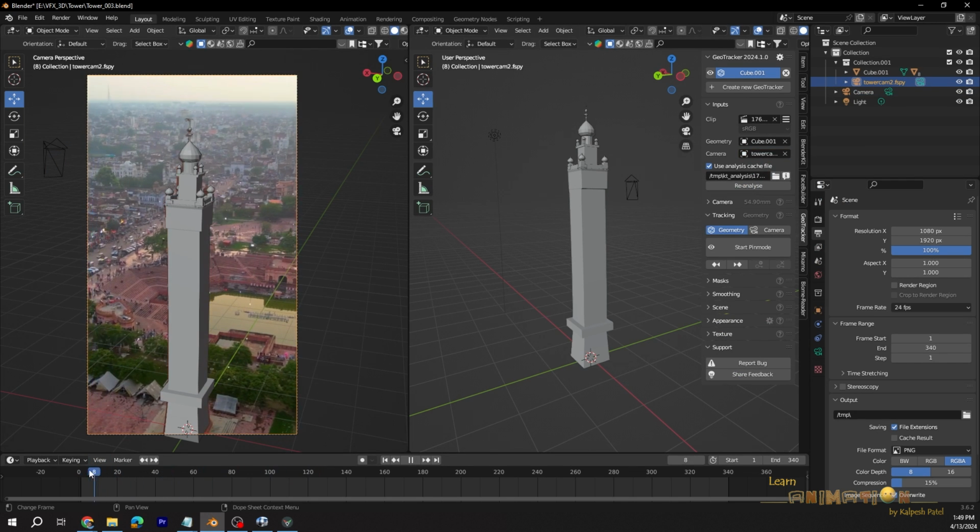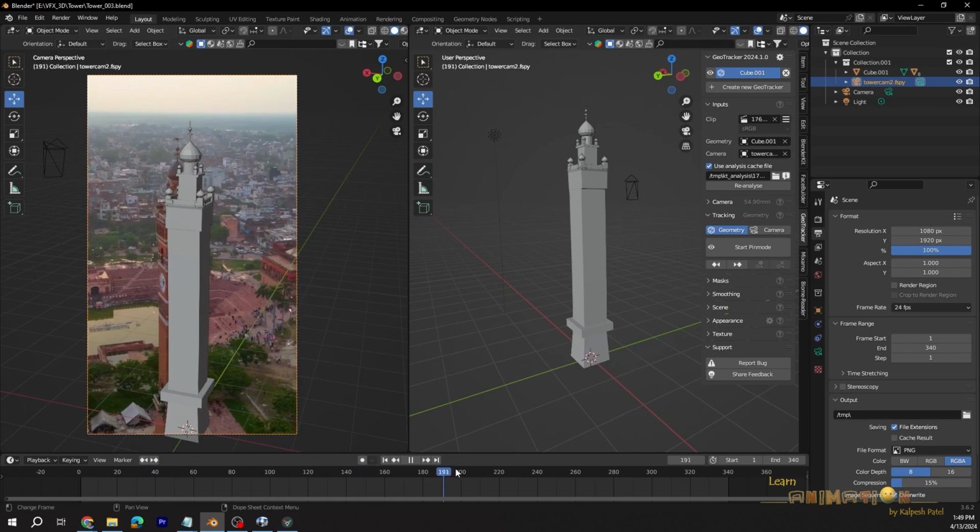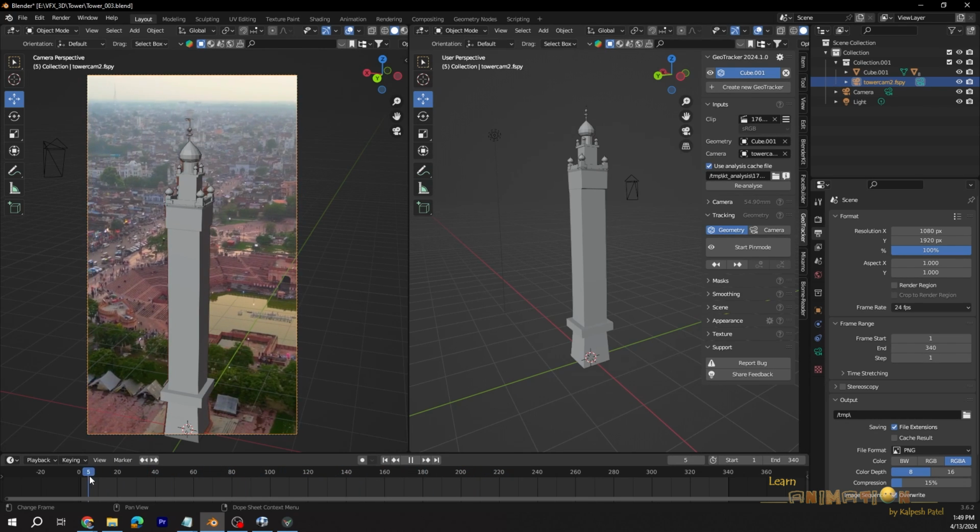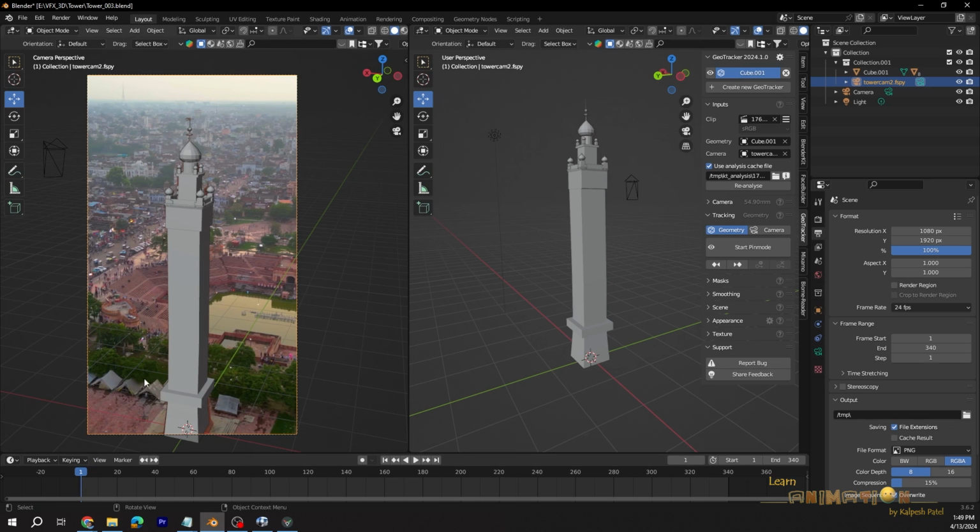So here you can see the clip is here. We have taken the image from the first frame, so we are keeping our timeline at the first frame and select the geometry.